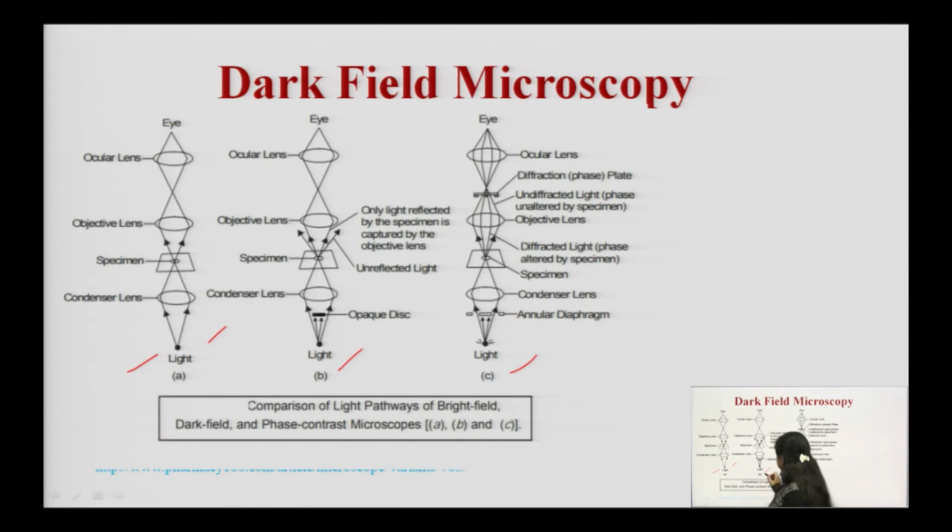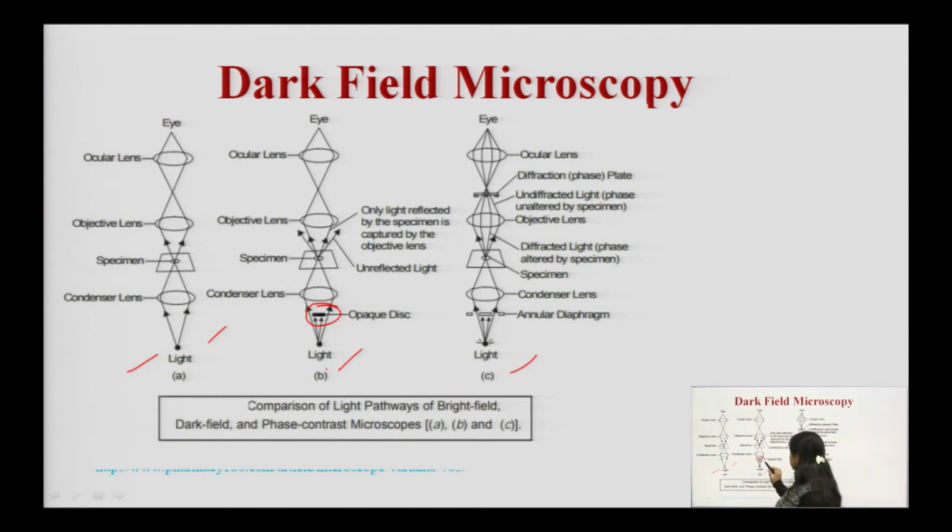As you can see in this, one opaque disc, an extra addition, was added before the condenser, below the condenser and above the light source. As you can see, there is a light source, a condenser lens, and a specimen. Here we have placed the specimen, and from the specimen the light passes through the objective lens, reaches the eyepiece, and from the eyepiece we observe the samples.